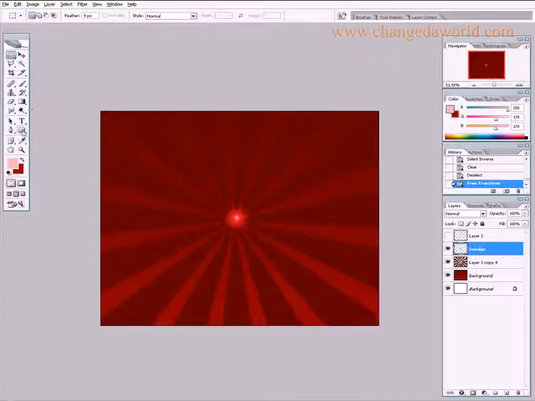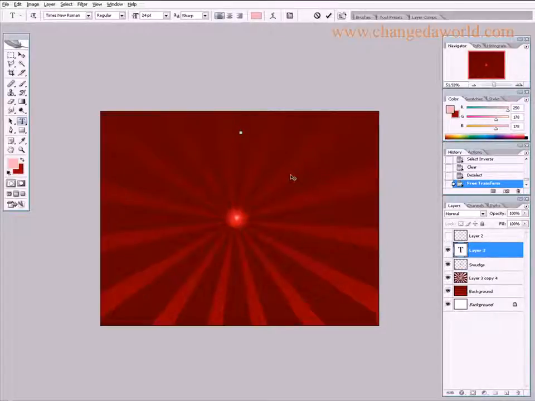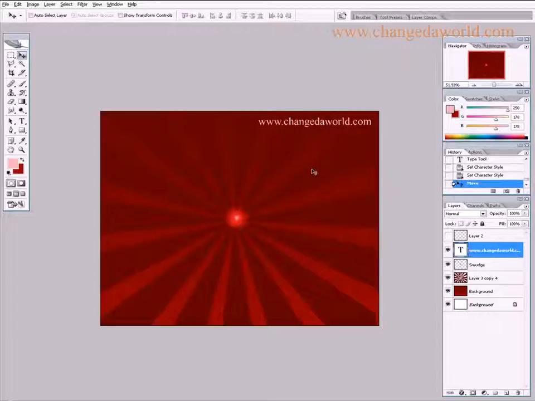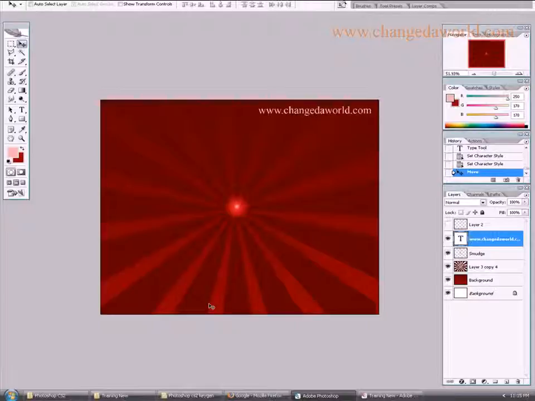And then let's go ahead and use the type tool and add a name or "by". Let me resize it. 12. Right. Then, that's it. And you can always add your names and stuff, or you can bring in an image